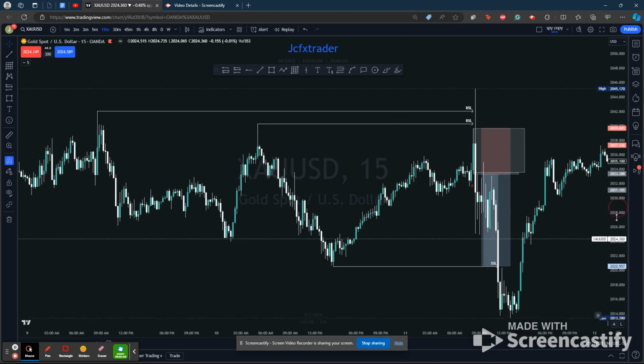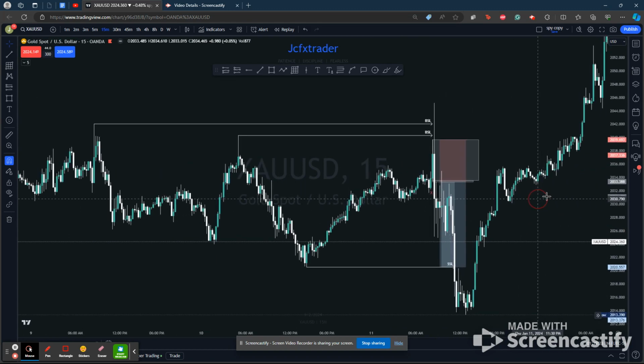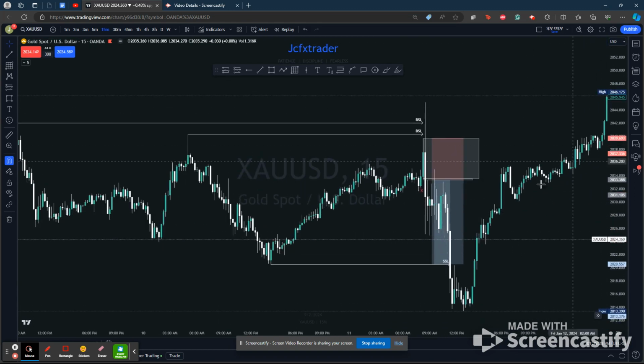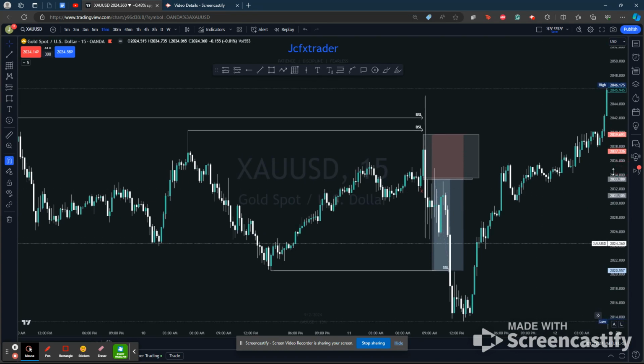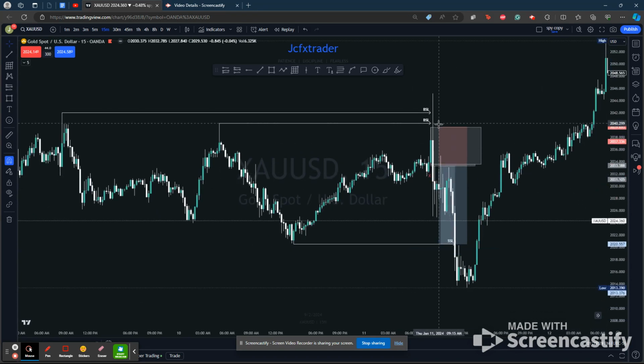In the next video, we'll talk about how to calculate your lot size, right? How much risk you should be putting on the table, as well as how your lots vary depending on the size of your